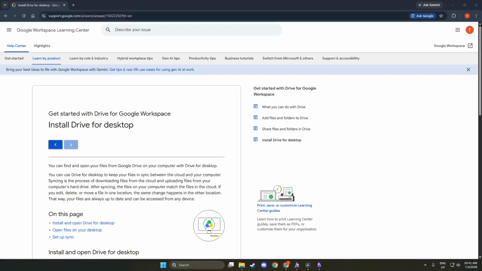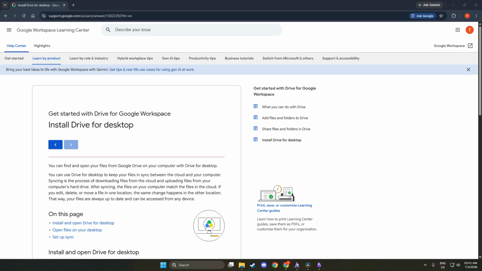In today's video, I'm going to teach you how to create an Obsidian Vault on Google Drive. This process will allow you to store your notes securely and access them from anywhere. It's essential to have Google Drive set up first, as this will serve as the foundation for your vault.